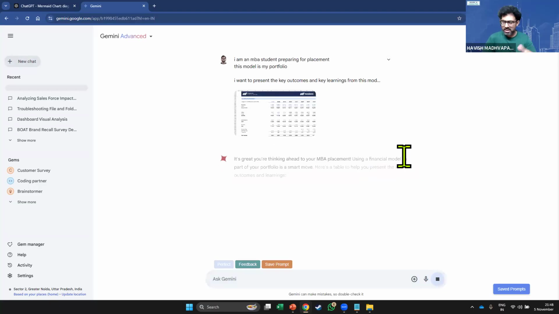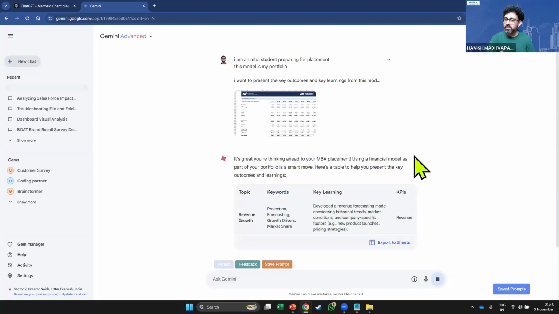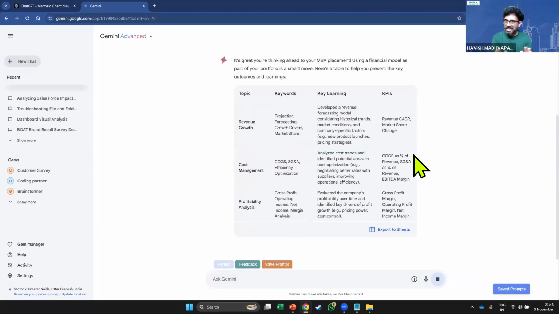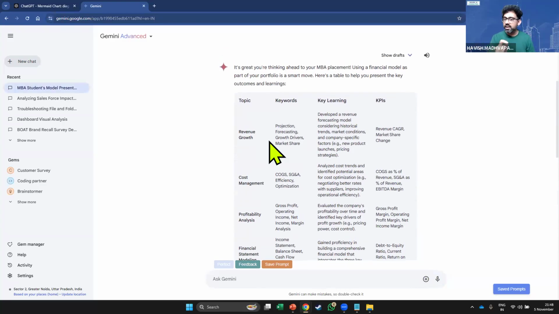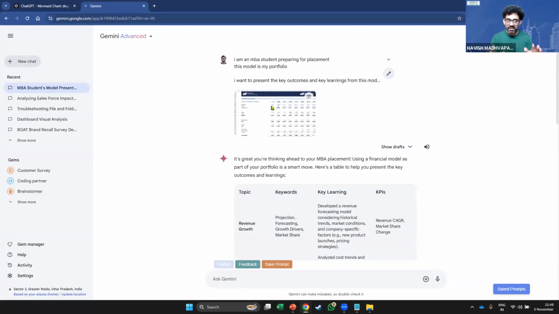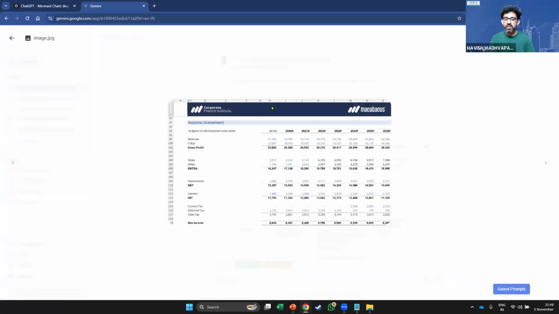So if you have an image, and you can obviously give it additional points, you see what it does, very neatly. And this is something you can even put in your addendum, not in your actual CV, obviously, but in the supplementary document, where you say that, okay, this model is beyond the numbers. It's not that it looks nice and it's formatted properly. Why did you create it? What is the purpose of creating the income statement? What are the actionables? What are the decisions that can happen due to it?